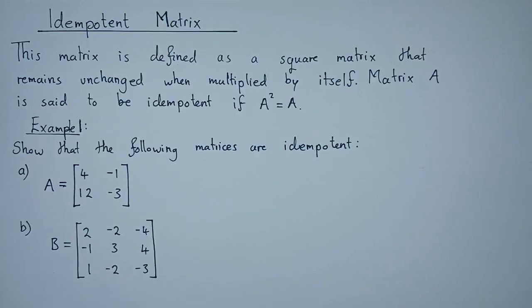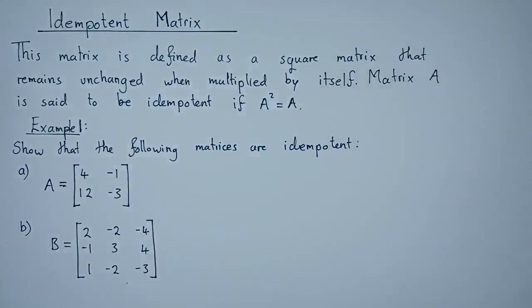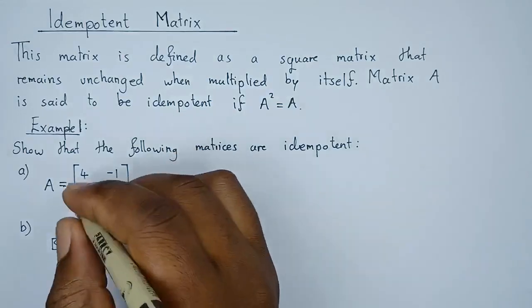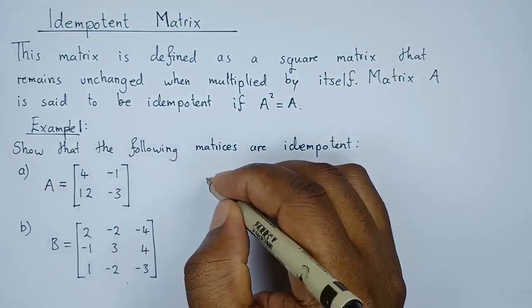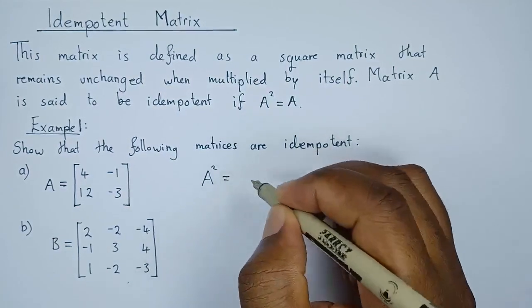To conclude this video, let's look at idempotent matrices. So an idempotent matrix, first of all, is a square matrix, which has same rows, same columns, that remains unchanged when multiplied by itself. So given a matrix A, if you multiply A by itself, that is A squared, and the result you get is still the same A, then that matrix is said to be idempotent. So let's try that. We have matrix A here. Now let's find the result of A squared. So A squared will be given by